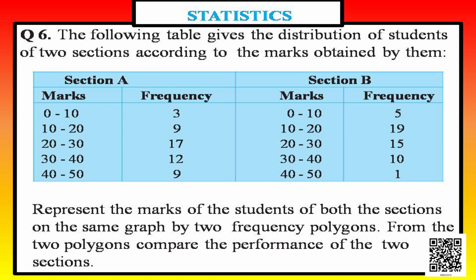9. Now, under the column section B, similarly we have two columns, one is marks, they are also 0 to 10, 10 to 20, 20 to 30, 30 to 40 and 40 to 50, and the frequency is 5, 19, 15, 10 and 1. The question says represent the marks of the students of both the sections on the same